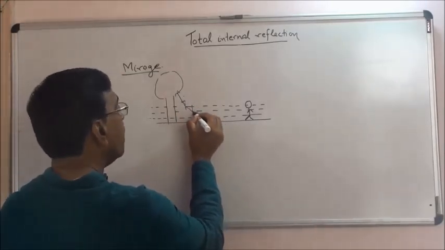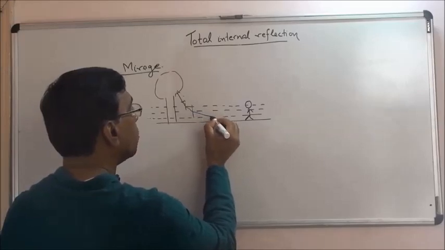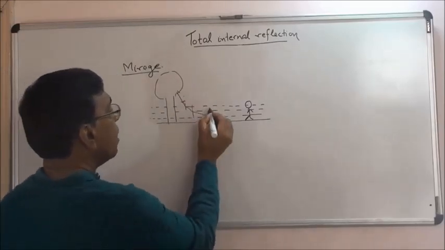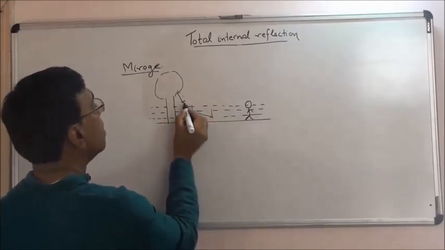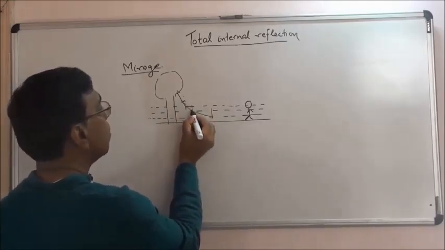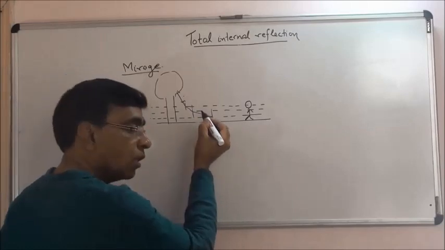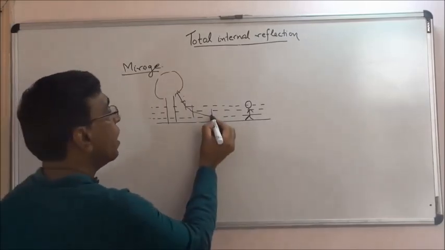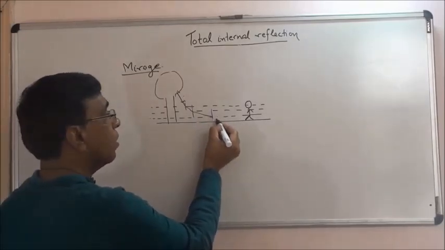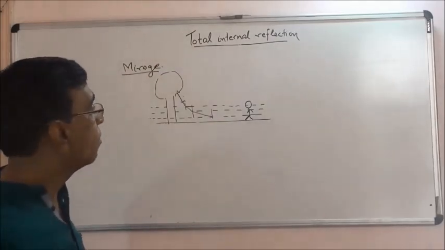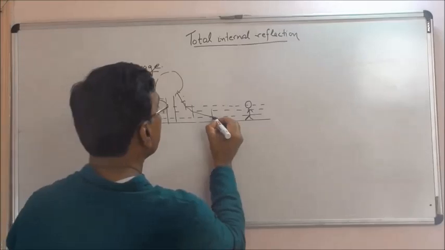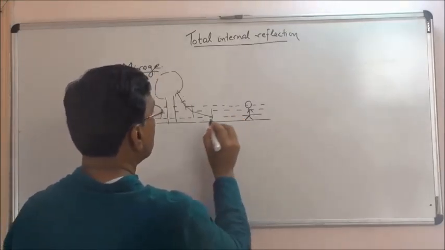Now it is again moving, so again away from the normal. Now in this case, see, is the angle of incidence to the next layer going on increasing? Here it is less. It is more, it has further increased. Now if this angle, this is denser, this is rarer. If this angle here is more than the critical angle, I can take one more, okay, then